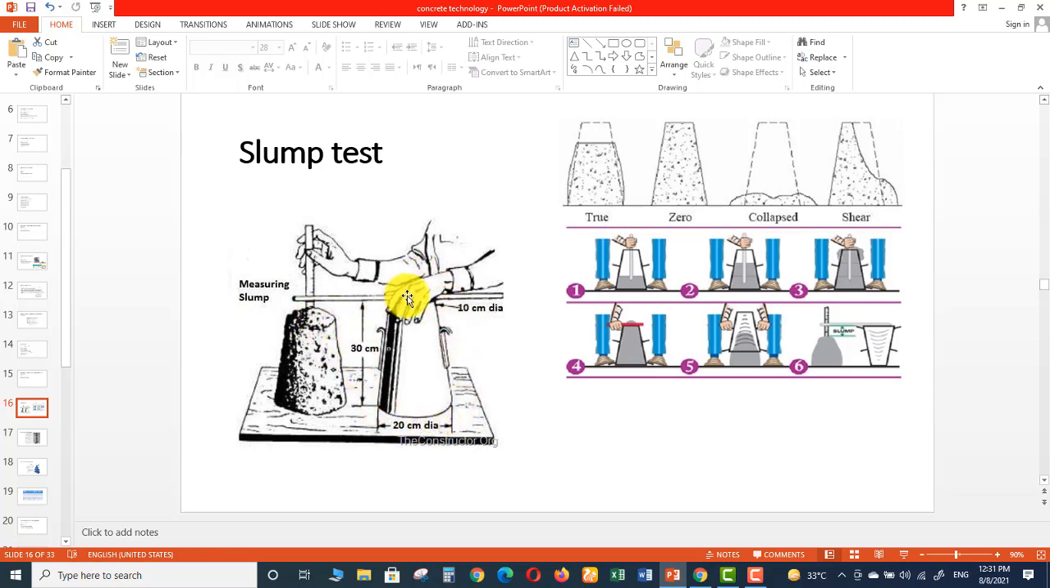This is called slump cone, right? We need to remember the dimensions of the slump cone. They are actually important when it comes to the competitive exam or multiple choice question exam. 10 centimeter is the top dia, 20 centimeter is the bottom dia, and 30 centimeter is the height of the slump cone. So this is the scale,